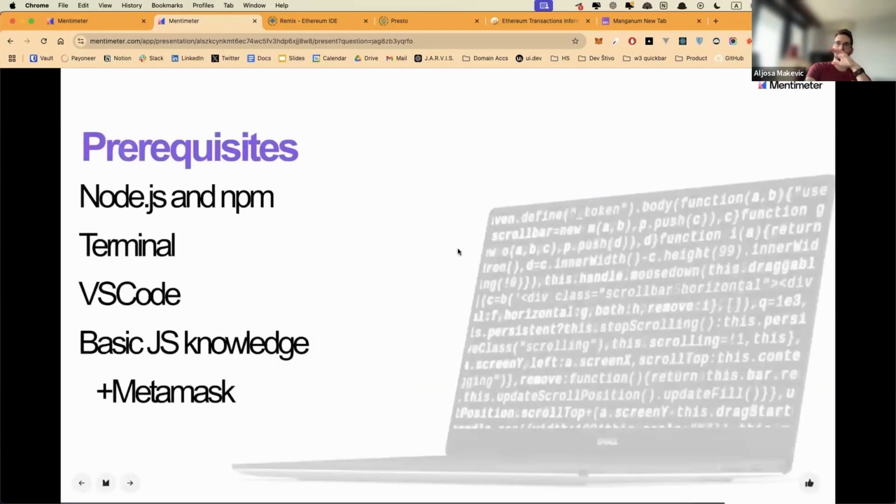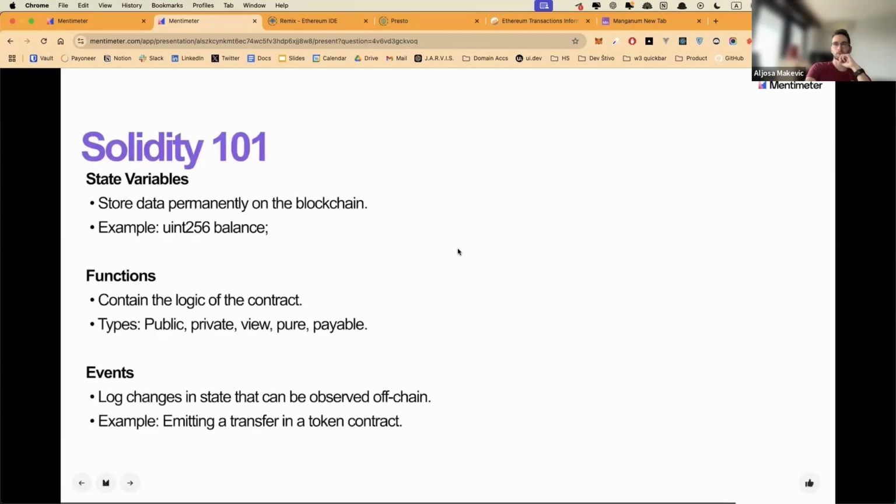So now we're at the practical part. Right now, you don't even technically need MetaMask for this part, the way I organized it, but you would need it after. But let's go through this first, and then you can install MetaMask. So we're going to be writing a simple smart contract right now. I just have to go through the basics just so you get the gist of it, but you'll get a feel for it when we start writing it.